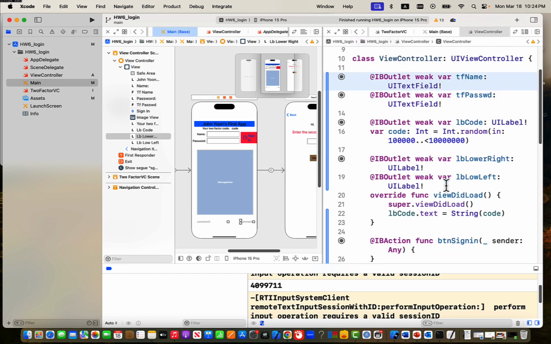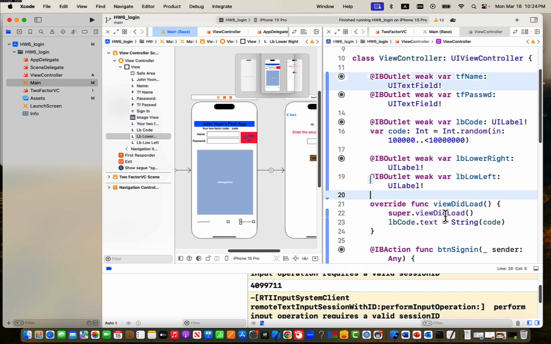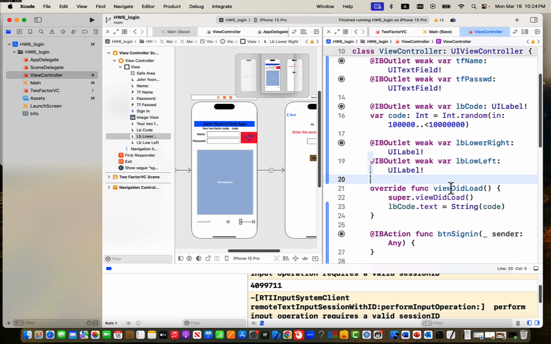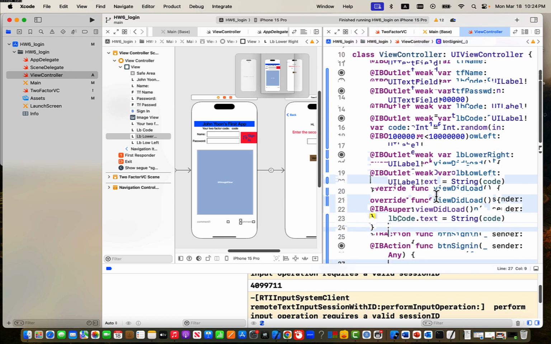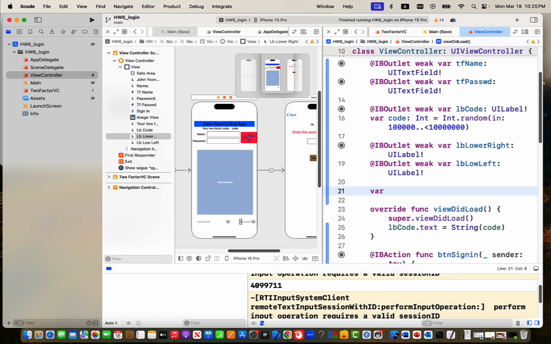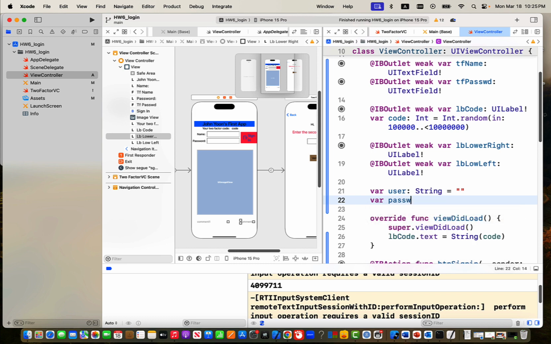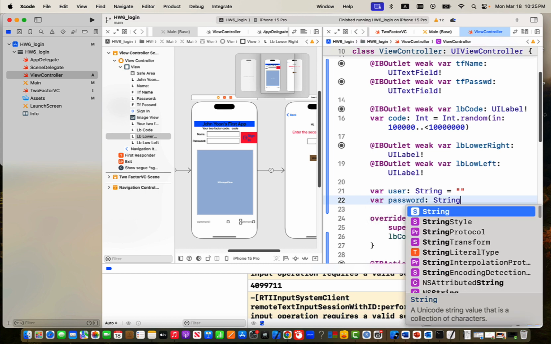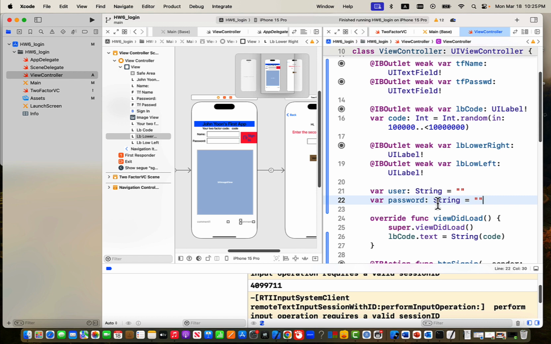So LB lower right, LB lower left, and this is BD the load. So initially code is generated, and when this button is clicked, then I think we need to read the user entered once, and then we need to create a variable called, for example, variable user, that's a string,